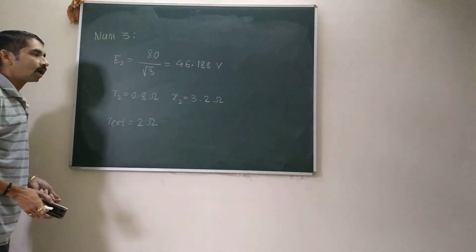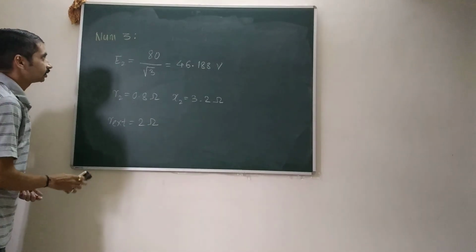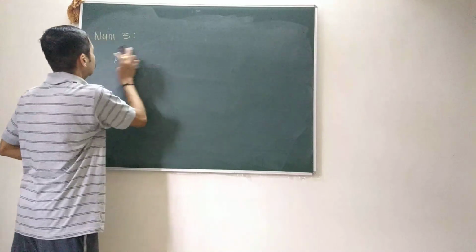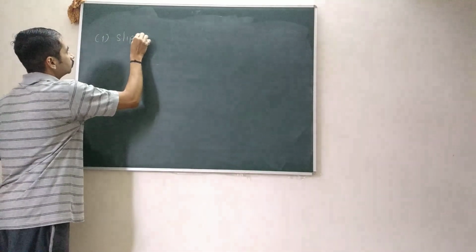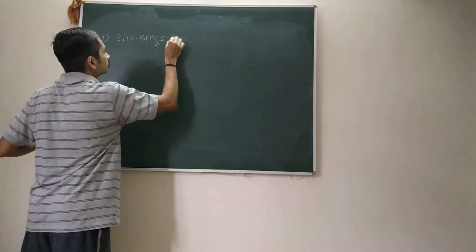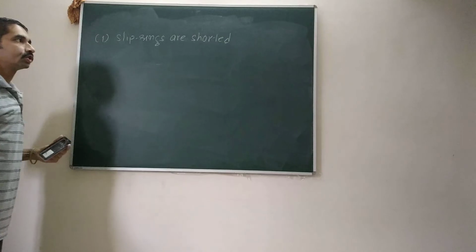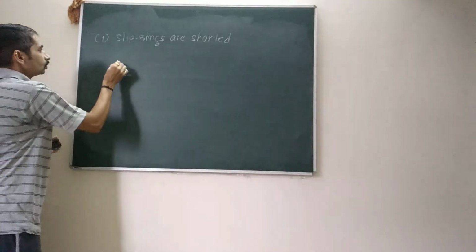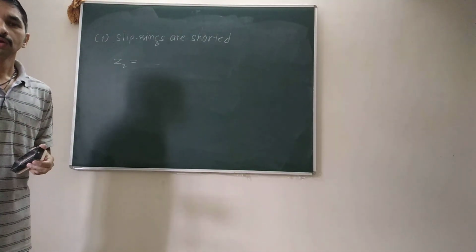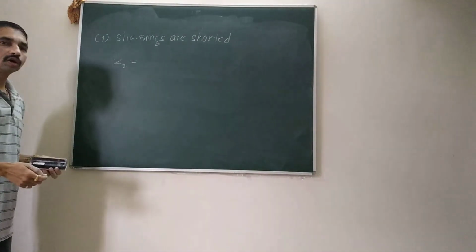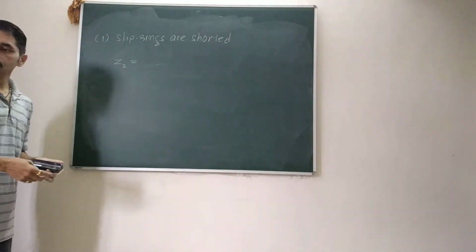I hope all of you have noted down the given information in your notebook. So let us see how we can get the value of rotor current and the rotor power factor at two different conditions. In the first condition, they are saying that the slip rings are shorted. We'll see one more method to solve this kind of numerical. Now the value of rotor resistance is given, rotor reactance is also given on a per phase basis.